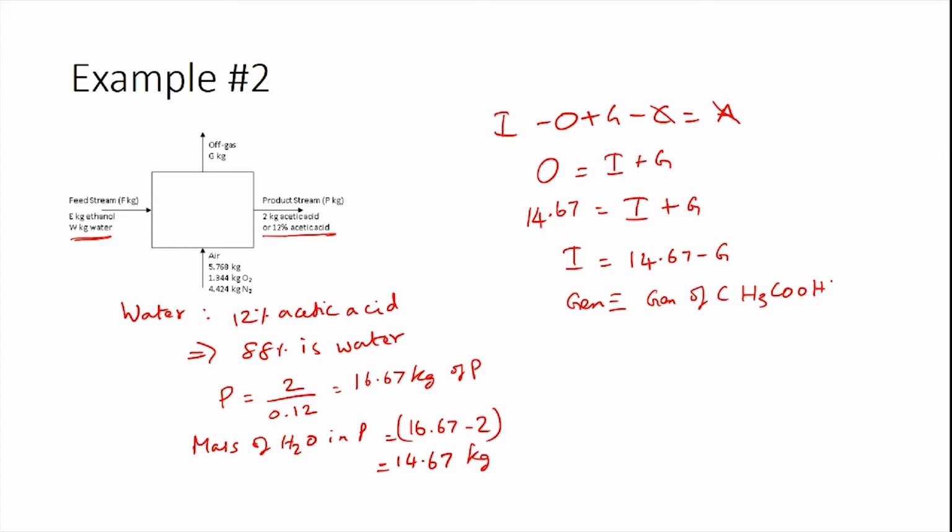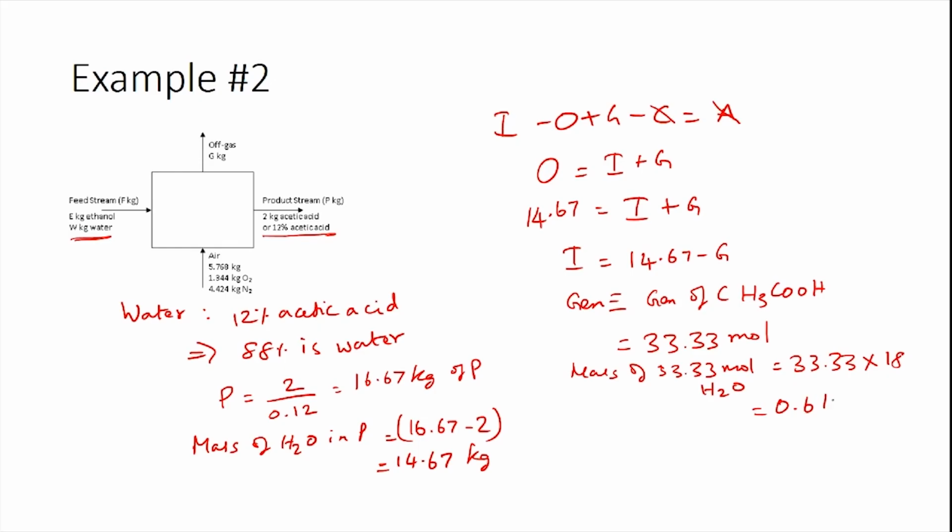So, thereby this is equal to 33.33 moles. 33.33 moles of water would have a mass of 33.33 times 18, giving you a mass of 0.6 kilograms. So, substituting it back into this equation, which is the balance equation for water, you get the mass